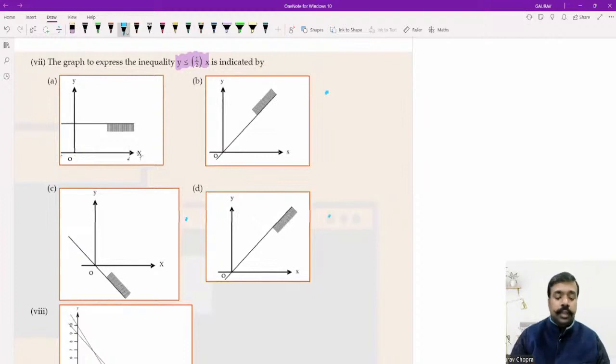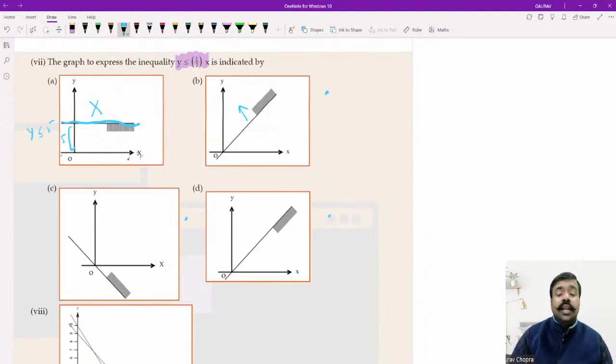B and D are having a similar line, and C is having a different line, A is having a different line. So now what we have to do, we can clearly see that this line will happen only when x is equal to 0 and y is having any value. So this cannot be the result. Like say if it is 5, then this is y less than or equal to 5, but this is not the case. Now the second one is having area outside,